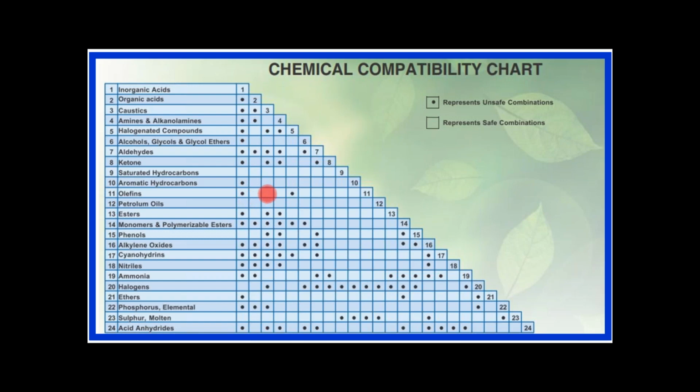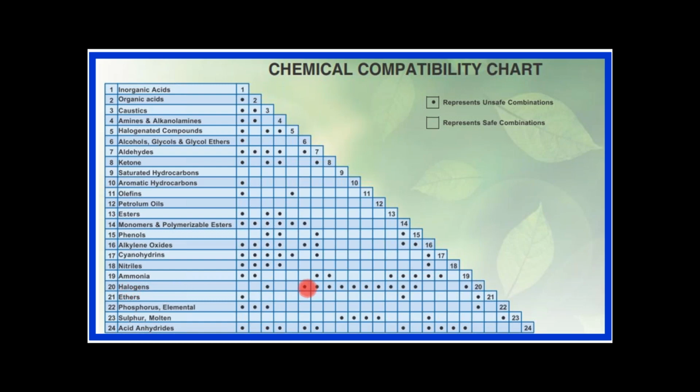And likewise, you can observe that this 10th group is compatible with the third one, then the fourth one, fifth one, sixth one, seventh one, eighth one, ninth one. So these 10th group chemicals are compatible with all the above groups, that is from 2 to 9, and not compatible with the first one. Likewise, you can observe in the chart which group of chemicals is compatible or not compatible with the other groups. Second example, for example, halogens.